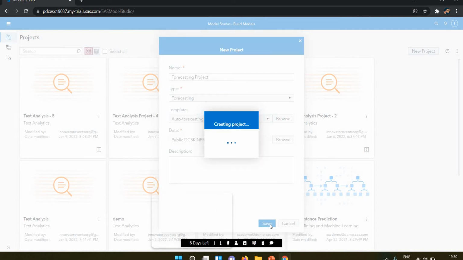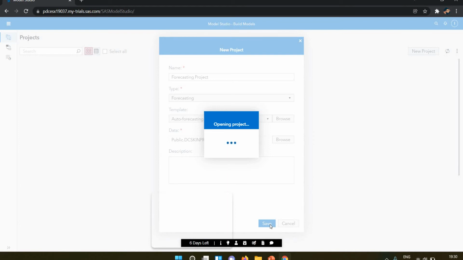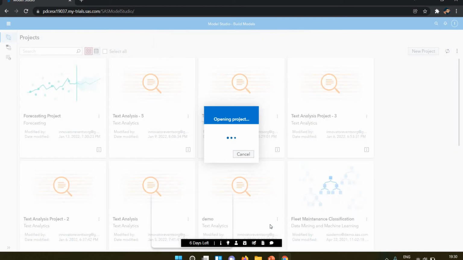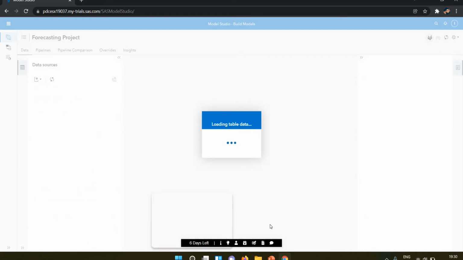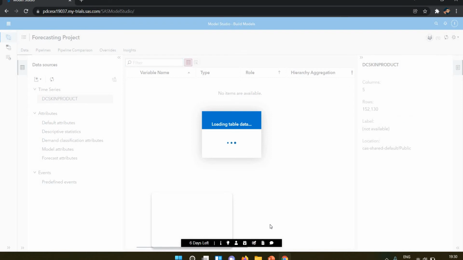Then save. So I selected one template. According to that template, SAS automatically creates one pipeline for my forecast. Now you can see here we have the forecasting.